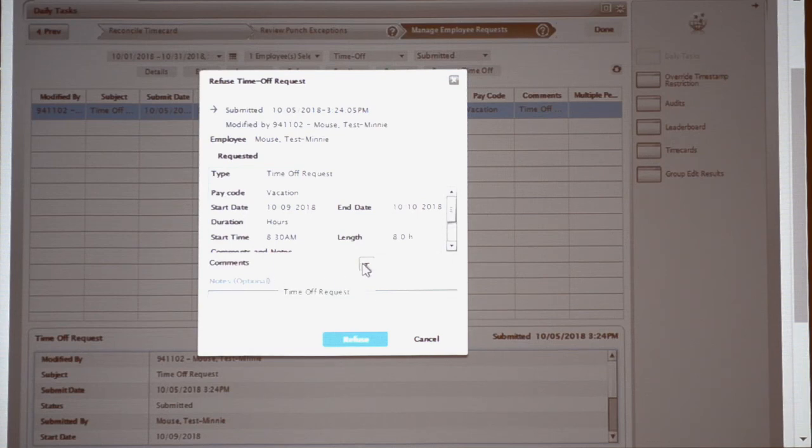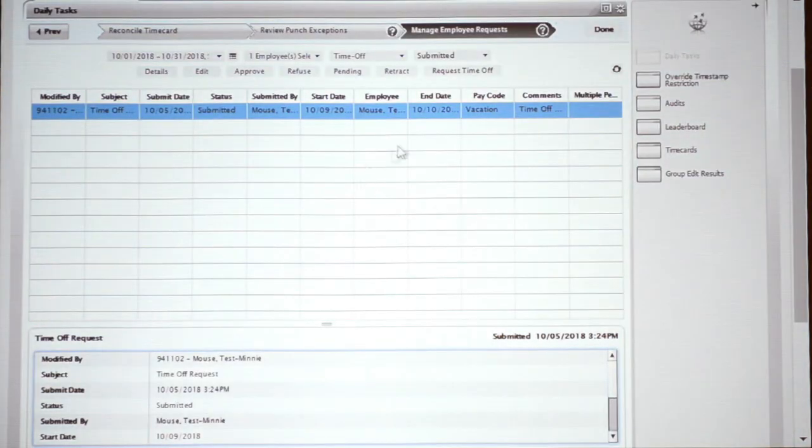If I decided I didn't want to approve this, I could enter a comment by clicking time off request and typing in the note section why, and then clicking refuse, and then OK. But I'm going to show you how to approve one. So by clicking approve,